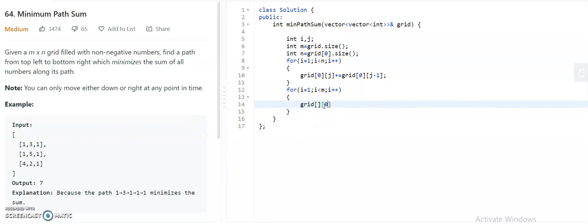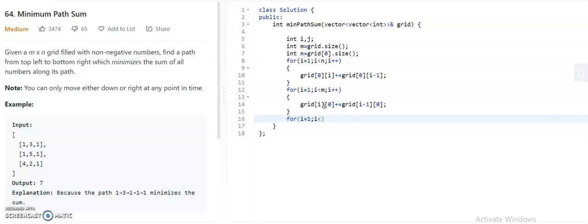So you put the column number as 0 constant and update the value of the row. Sorry, here I kept it as j. Then after this, we will move to the general cases of all the elements not in the first column and the first row.